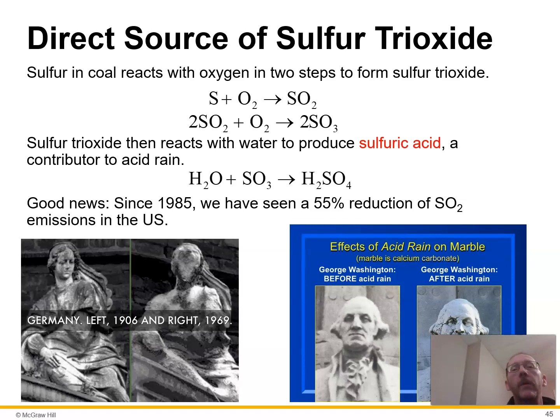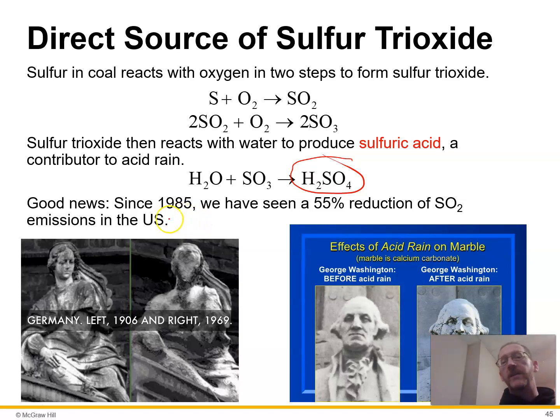But when there's sulfur in the coal that burns, if you don't scrub it out with the scrubbers, then some sulfur dioxide gets out into the atmosphere. And when sulfur dioxide gets out into the atmosphere, it reacts with more oxygen to make sulfur trioxide. And when you get sulfur trioxide, it reacts with water in the atmosphere to produce sulfuric acid. Sulfuric acid, also known as battery acid. It's the acid that's in your vehicle's battery. Very caustic.